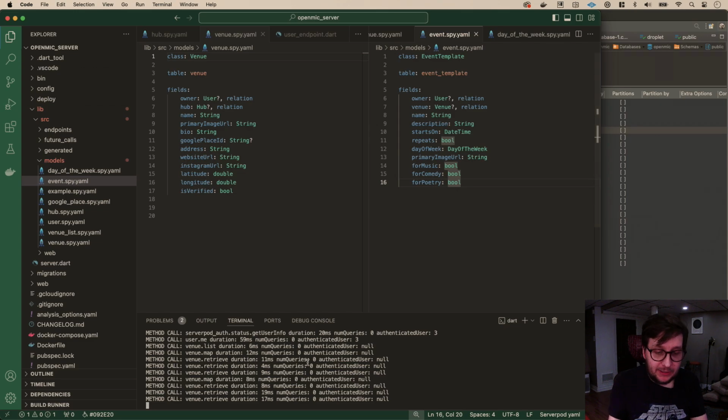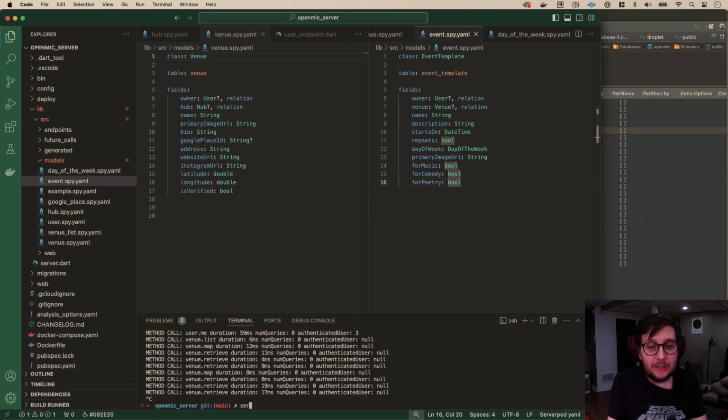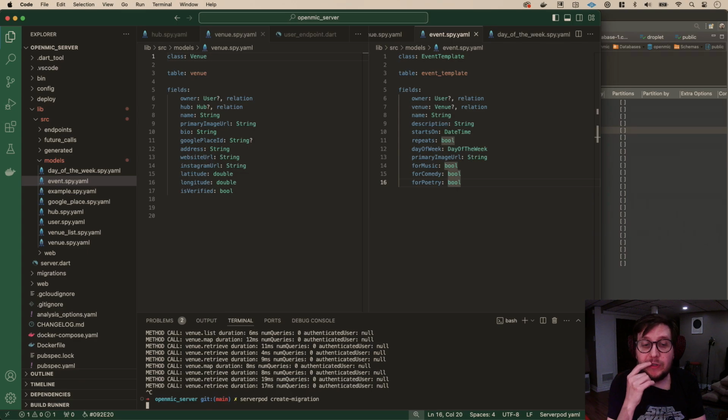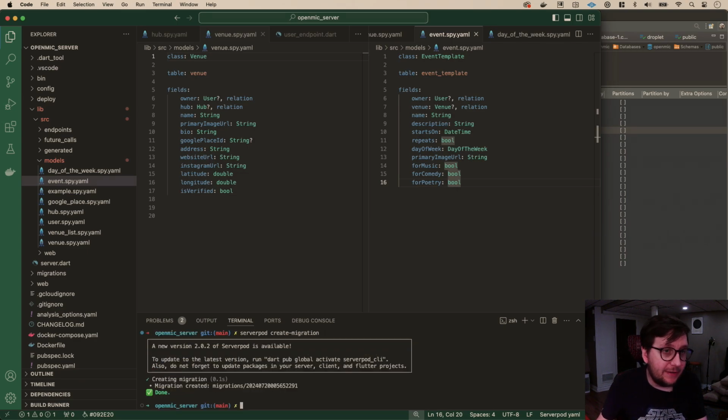So now we will run our Serverpod migrations, and it's been a bit. So serverpod create-migration, I think is the word. I don't think we have to generate first, is what we learned. Yeah, so let's look at that migration,